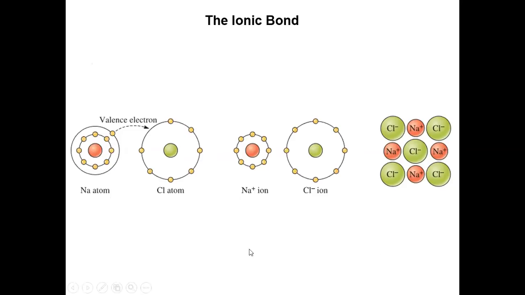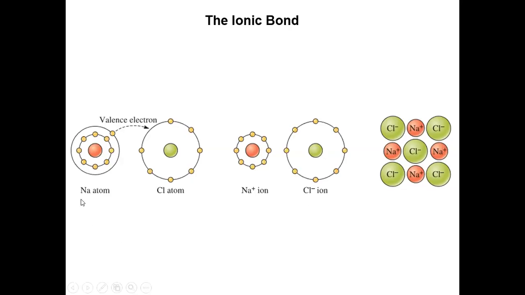In chlorine, how many electrons does its outer shell have? 7 electrons. If it has 1 more, then it is in a stable condition, right? So in that case, chlorine accepts that electron from sodium,